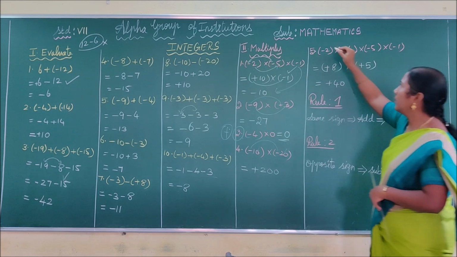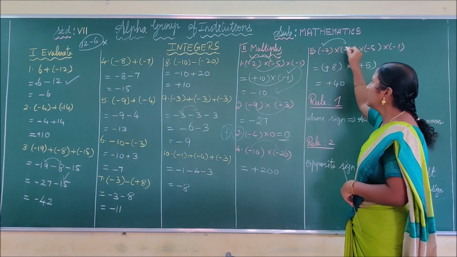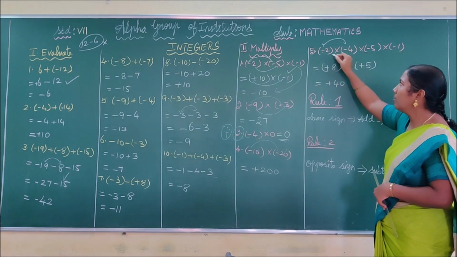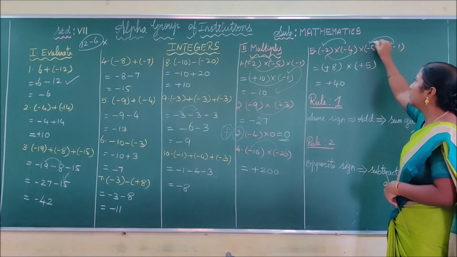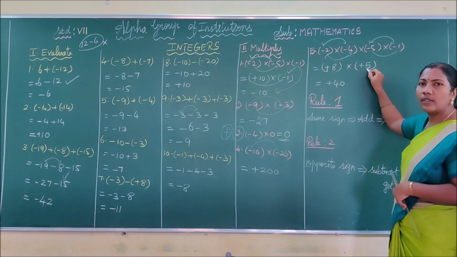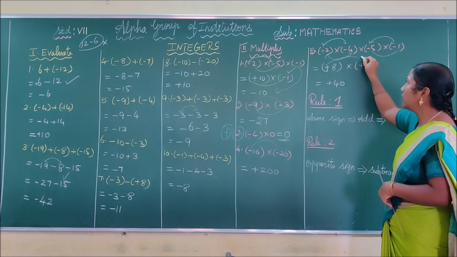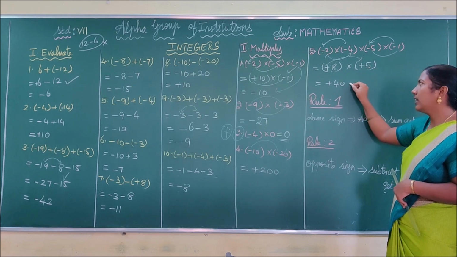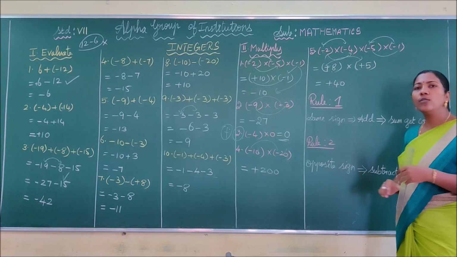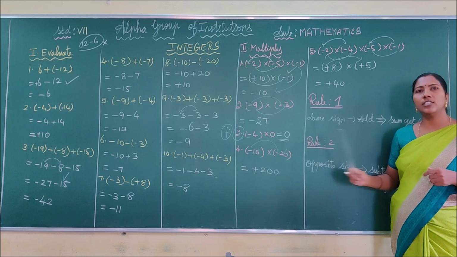Okay. First we are multiplying these two numbers. Minus into minus you get plus. Then multiply the values. 4 2s are 8. Similarly, minus into minus you get plus. 1 5 is 5. Next we are going to multiply these two integers. Plus into plus, plus. 8 5s are 40. Thus we get the answer 40. I hope you have corrected your homeworks. It's clear, children?